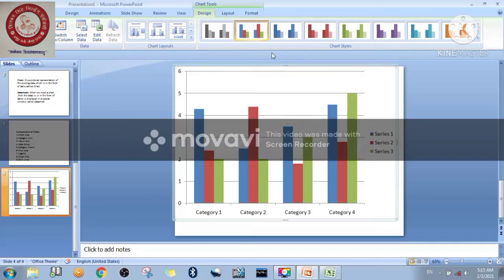So students, I think now you are able to see each and everything. If you want to find out where the chart area is, just place the mouse pointer here, on a blank portion of the chart. You are able to see "Chart Area" written there. If you want to find the plot area, move your pointer onto the blank portion inside the chart area. The area within the chart area is called the plot area.